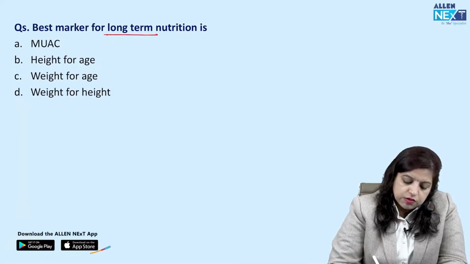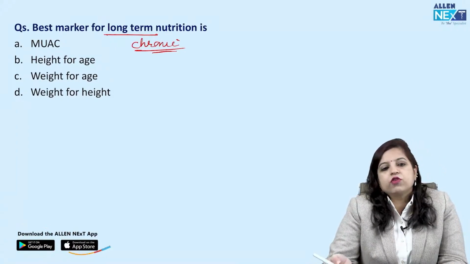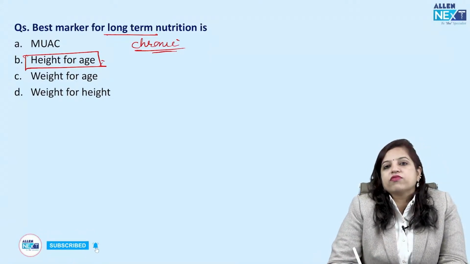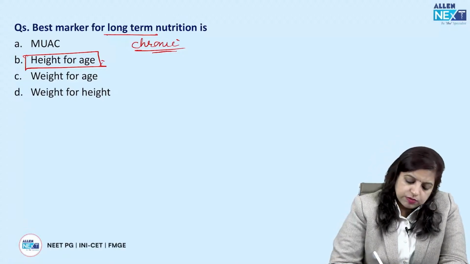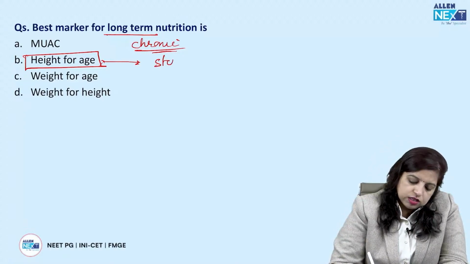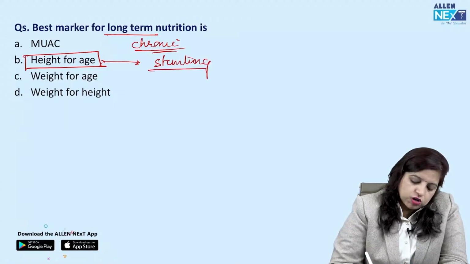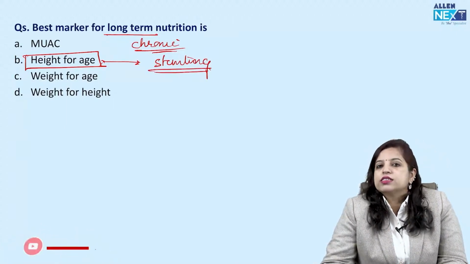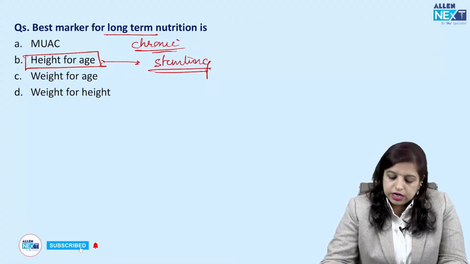Sometimes long-term may be substituted by chronic nutrition. Always remember, for chronic nutrition, we always see the height for age. That is what reflects the chronic nutrition. Sometimes in the options, height for age may not be given, stunting might be given. So stunting or height for age, that is a marker for chronic nutrition, right? Another